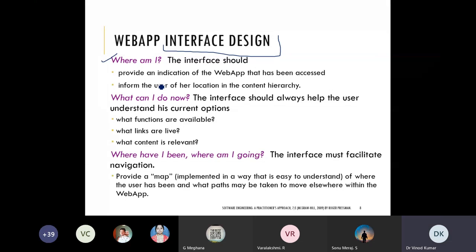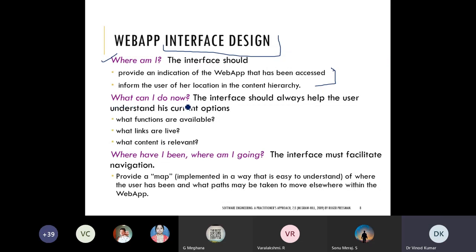It also tells which web pages you have accessed. Sometimes colors change: if you visit some pages, their color changes. You may have come across this facility many times and observed it. We are just discussing it here.